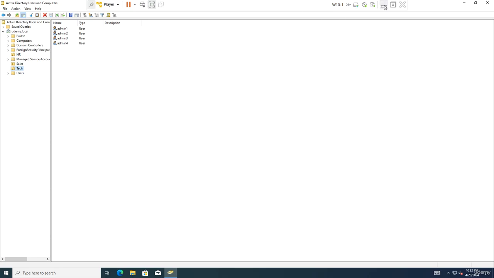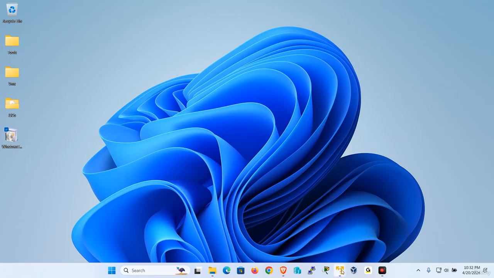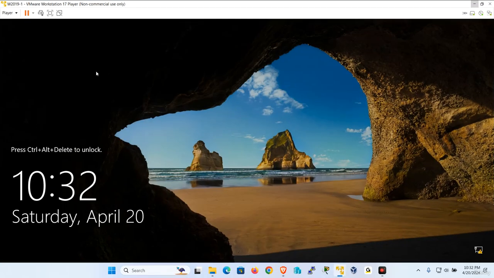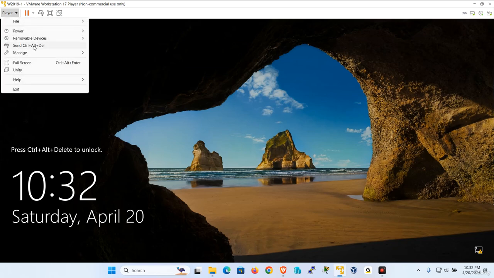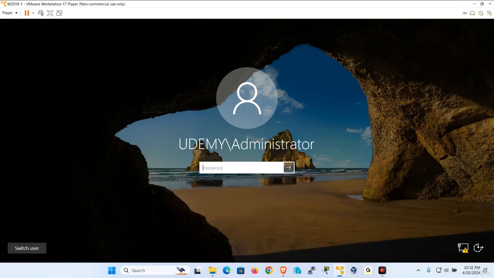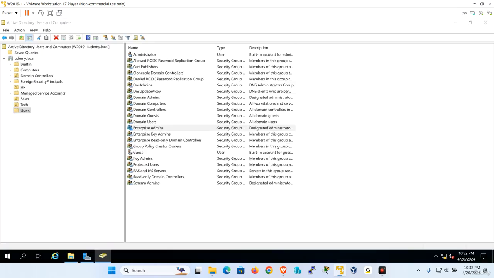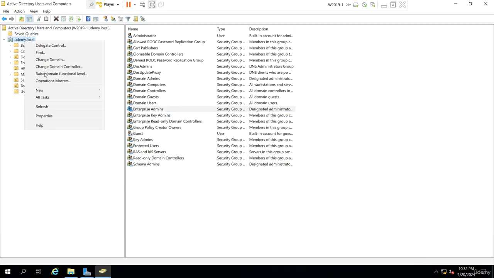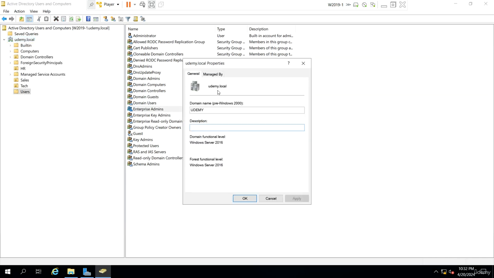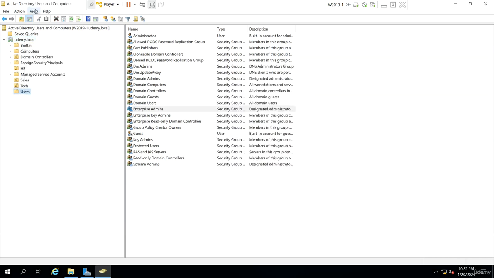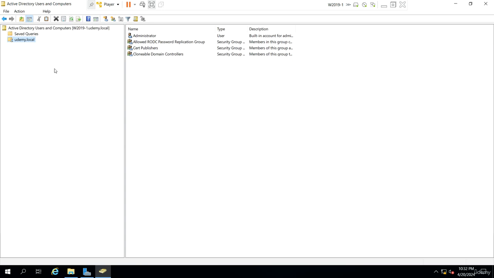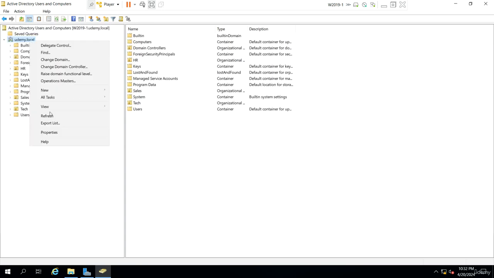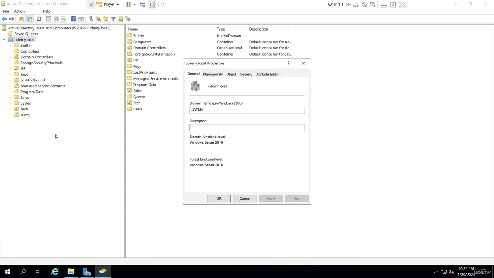Well, what I want to do is let me minimize this, go back to my server, and how can I view the delegation? I could do it from a client machine. I just want to go back to the server. I miss the server. Let me just take a look and see here. Let me look at a full screen. If I right click on the domain and choose properties, there's no security tab. So I have to do View, Advanced Features, right click on the domain, properties, and I see the security tab,